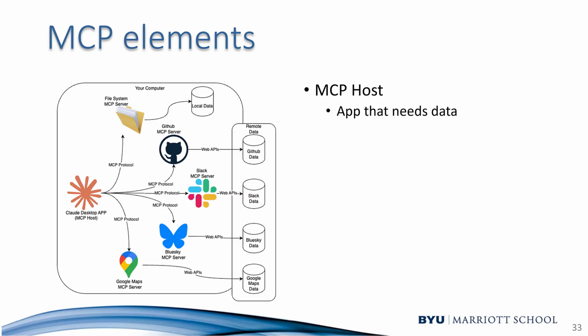So basically what happens is we have the MCP host. That would be the app, like Claude Desktop or whatever. Or maybe a scheduling app that wants to look up schedules for things, or a recipe app that wants to look up recipes from a database. So it's an app that needs the data. We have the MCP client. That's a component within the host that accesses MCP. It just basically says, hey, if you need to access